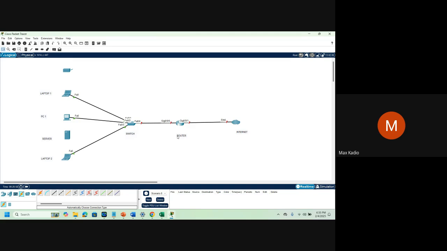Why? Because it's like all these guys, they are first year students, and they need to register. They don't know where to go. This guy, laptop 1, will say, okay, I want to study IT. The router has a list called a routing table.